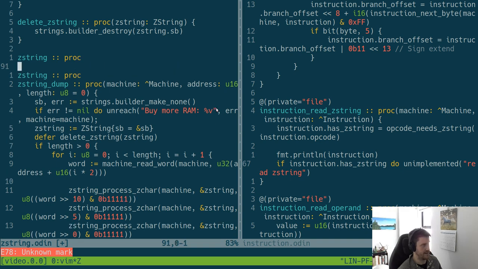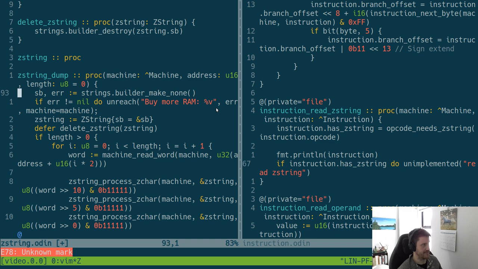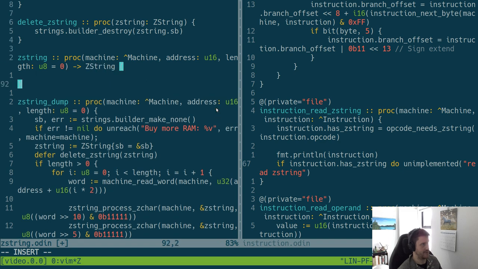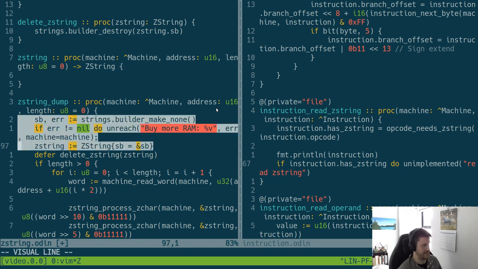Just do that. And of course, let's take away my yank around that and paste there. That's all I really want to do. So now we can say this is going to return the string. And going to start the thing. And what I kind of want to do is